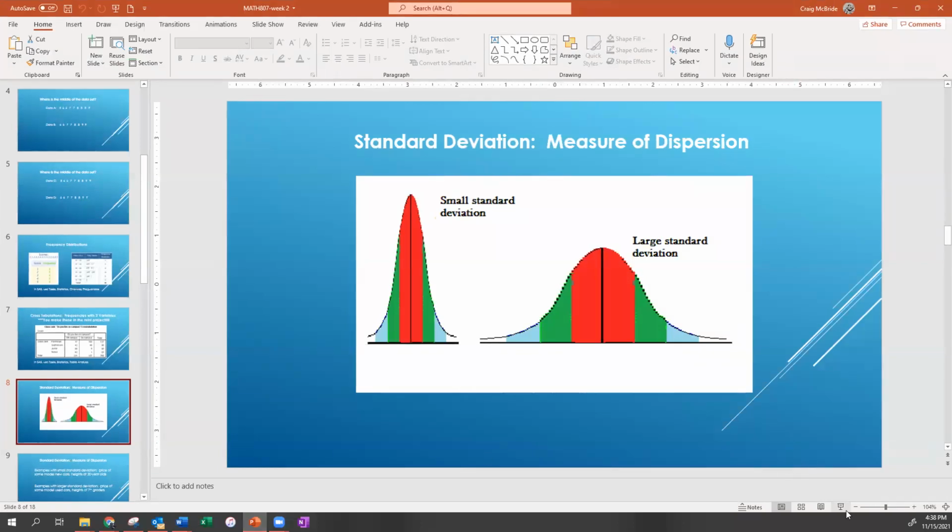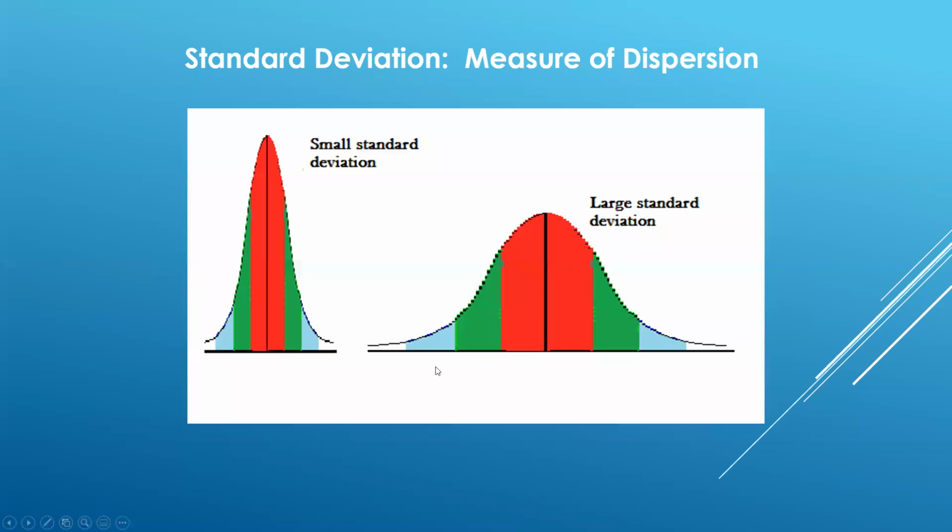Of course. So we talked about measures of center, the mean, the median, the mode. Now we have measures of dispersion, which is really just standard deviation, variance, range, and IQR, interquartile range. Those are really the main ones for measuring dispersion.